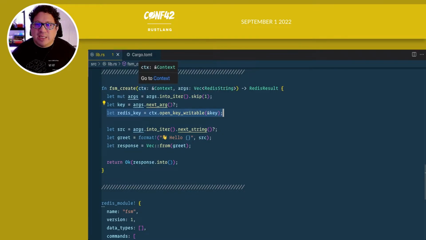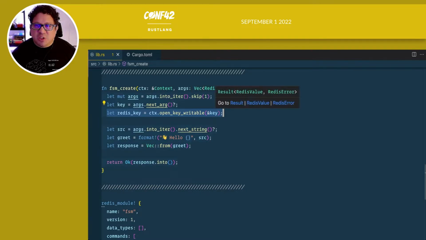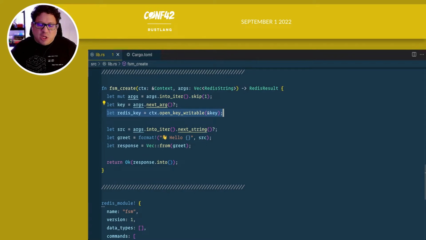Notice that I brought the context variable back into scope, and that context provides an open key writable method. That method basically takes a key definition, a Redis key, and it's going to give us a slot in Redis to write something to it. So then once we have that,